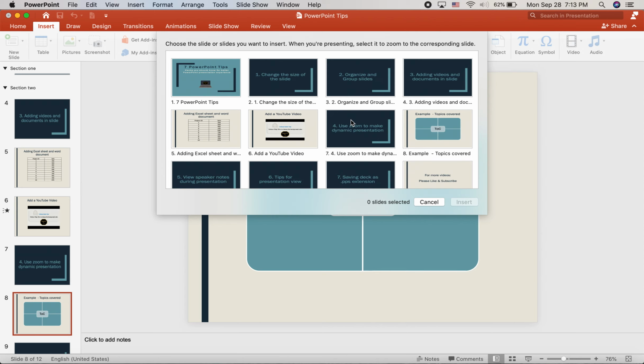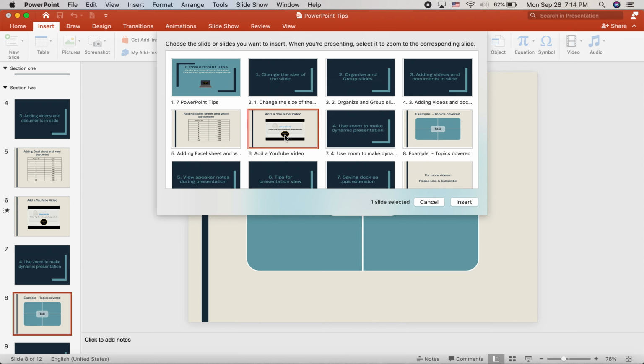So here, if you select the slide zoom option, you can select the slides of your choice that you want to add on to this main slide. And to add the slides, click on each slide.